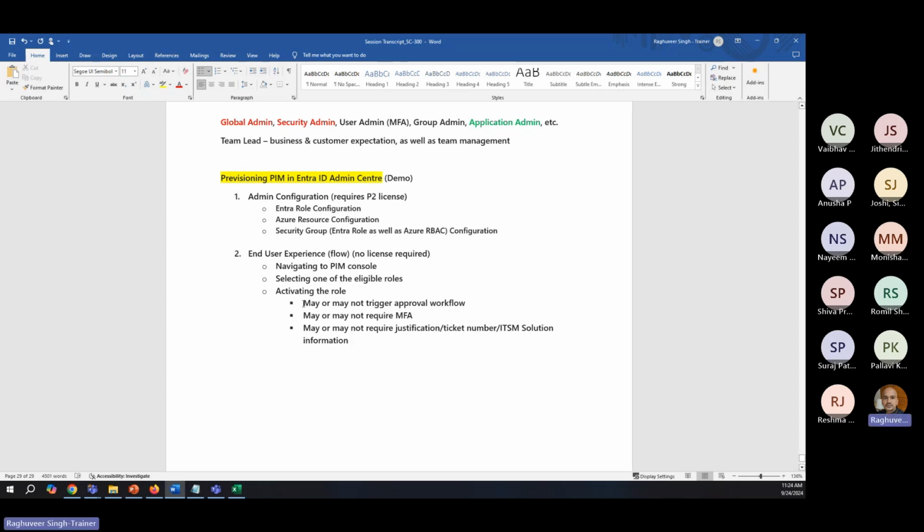May or may not require. If it requires, then this will basically go through, and let's say it requires approval workflow or MFA. If any of these is required, and once this is satisfied,